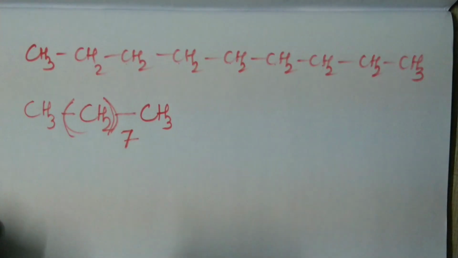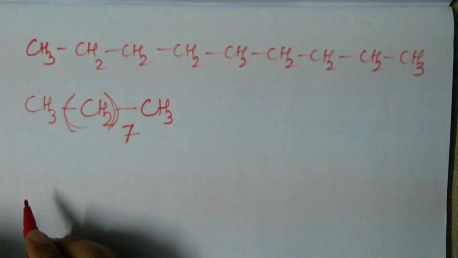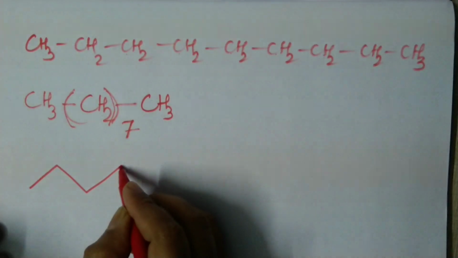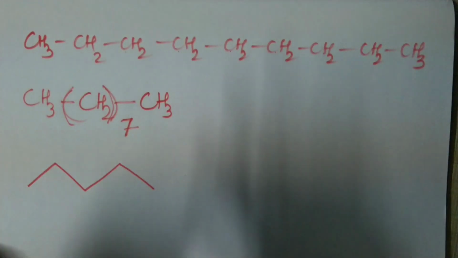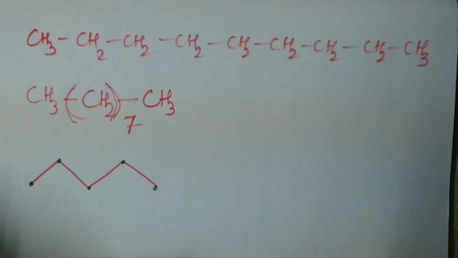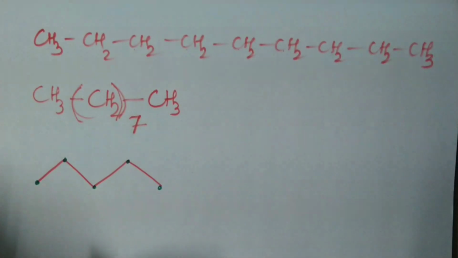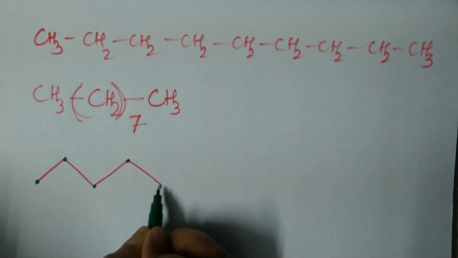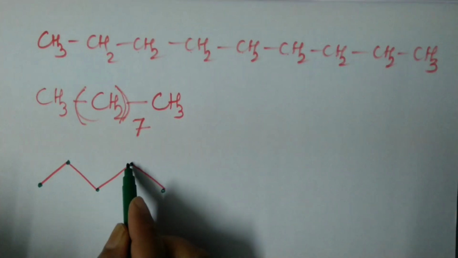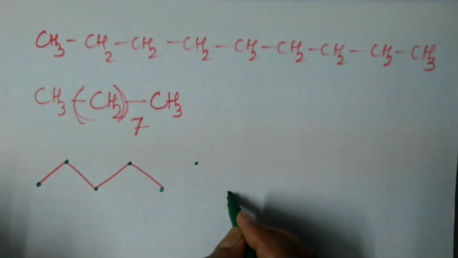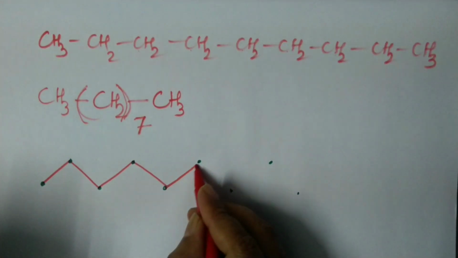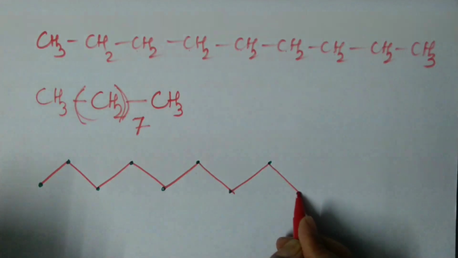Or it can further be made easier by writing bond line structure. Here you have to write just mountain like structures in zigzag fashion. So these points which are here are nothing but your carbon atoms with hydrogen. How many are there here? 7, 8 and 9. Together 9. So you write zigzag structures or mountain like structures having how many points? 9 points. 1, 2, 3, 4, 5, 6, 7, 8 and 9. Done? So I have joined them.